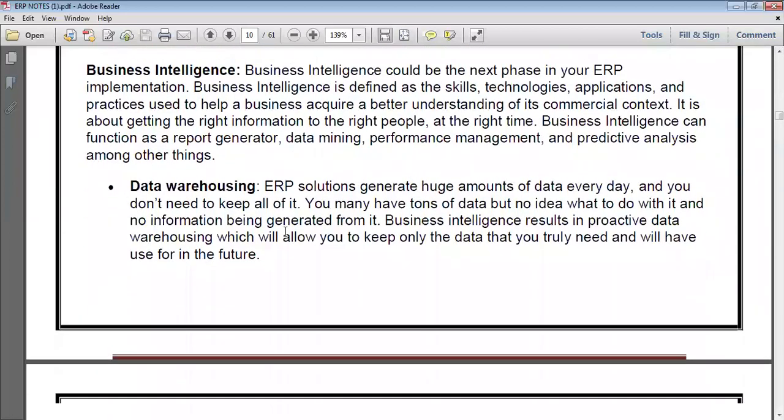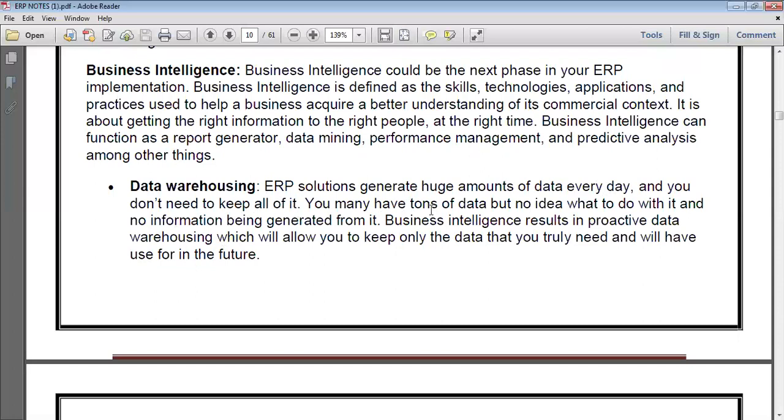In business intelligence, we have data warehousing. Data warehousing means data stored in a particular place through ERP applications, through ERP packages. ERP solutions generate a huge amount of data every day, and you don't need to keep all of it.